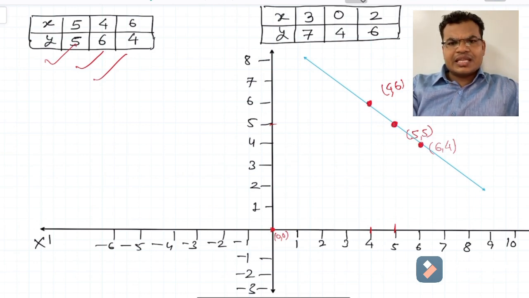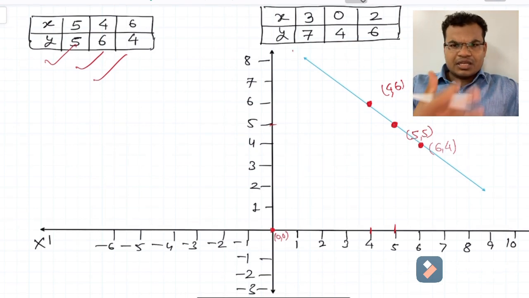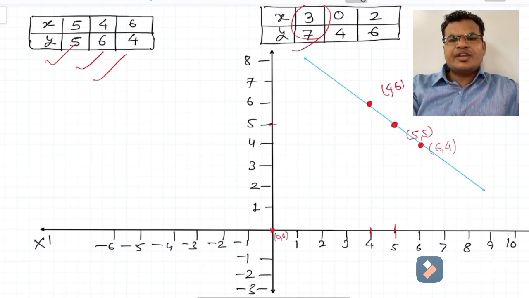Now guys, the same story I will repeat for the second equation also. Second table is also ready. So we'll go for the 3, 7, 0, 4 like this. So very first value is 3 comma 7, and where is the 3? 3 is for x and y is 7. I'll get 1 point here. Yeah, this is 3 comma 7, right? It is intersecting on the first line only. Okay, no problem.